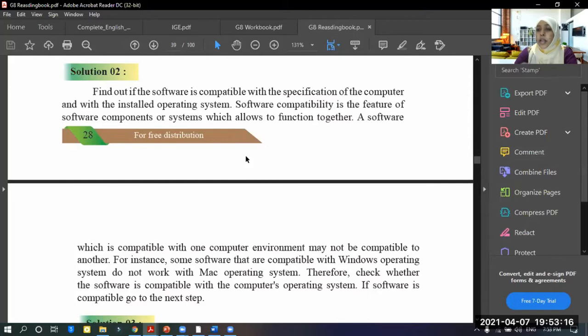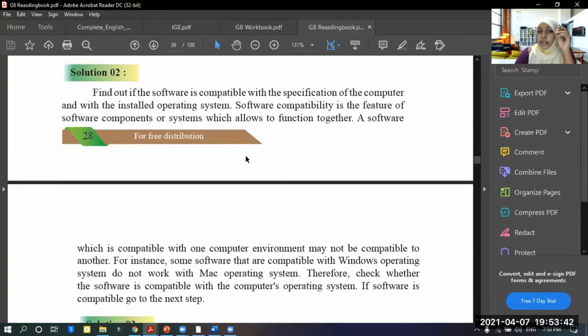For example, Zoom will not work in Windows XP. It doesn't support Windows XP. But if you use Windows 7, it will work. In Windows XP, it doesn't work. Now understood how to recognize the operating system specification of the software?